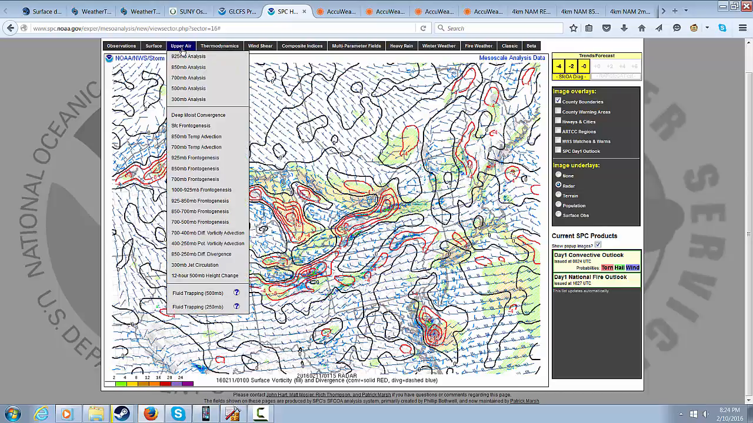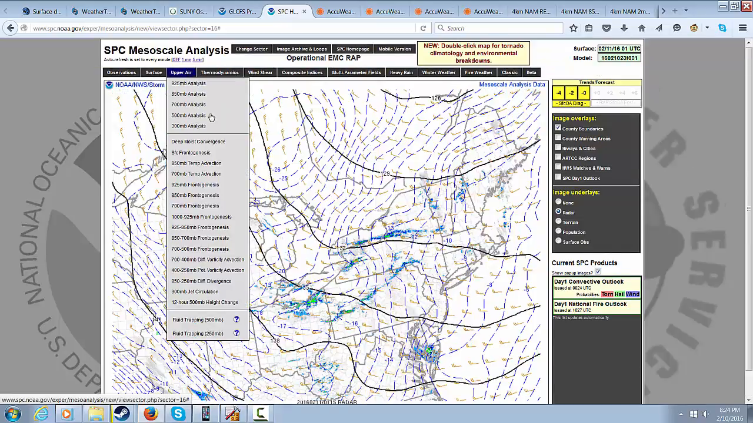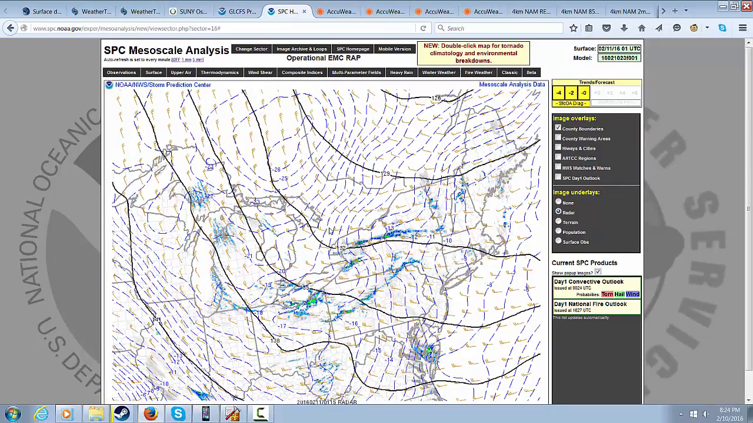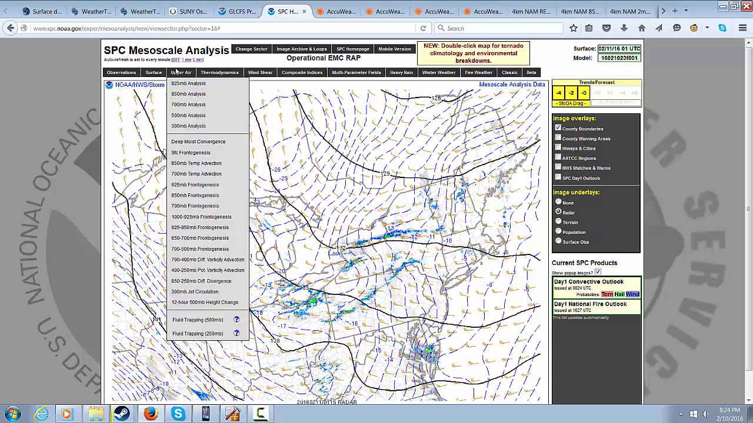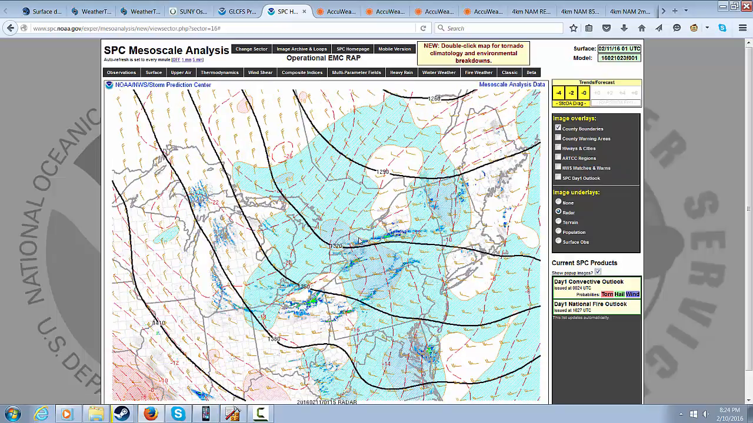So we have very strong lower level convergence, and when we look at the 850 millibar analysis, we have very strong cold air advection as well. We have 850 millibar temperatures up here in Ontario province down to minus 26 Celsius, and our wind barbs are pretty much perpendicular to the isotherms. That indicates very strong cold air advection. Let's look at the 850 millibar temperature advection. We have very strong cold advection over our area, with the strongest cold air advection